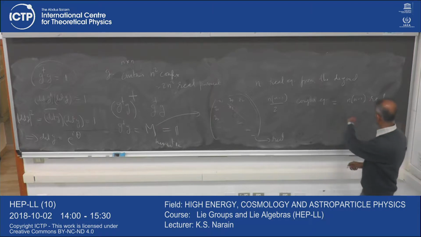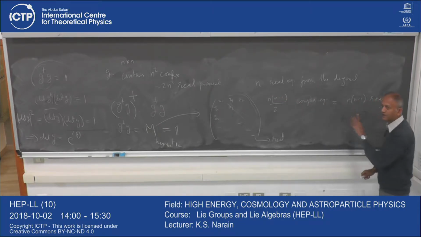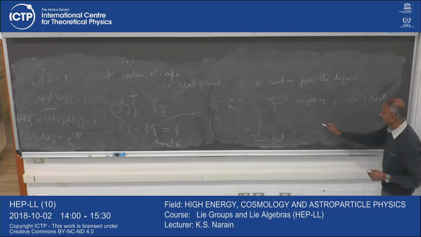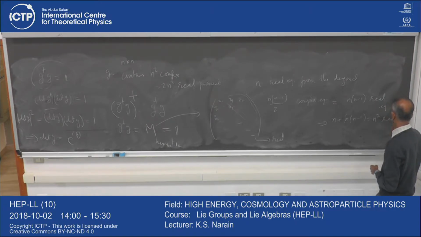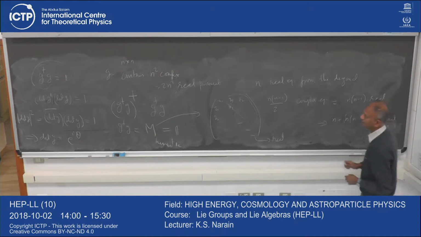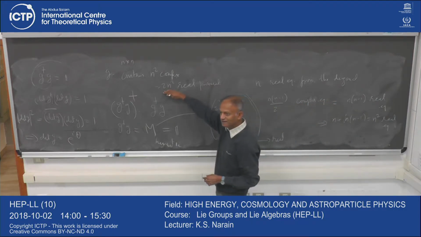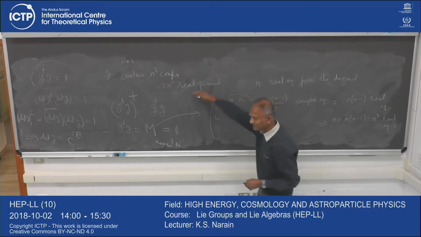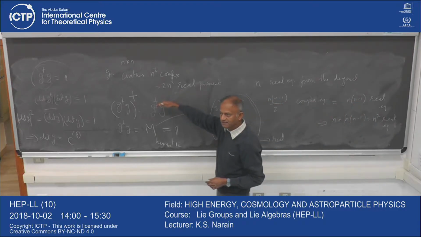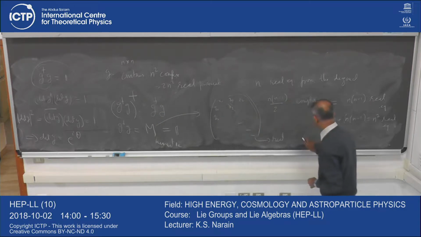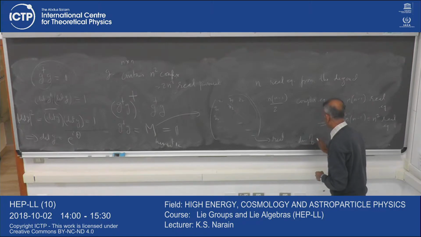Altogether we have this plus that many real equations, which implies n plus n times n minus 1, which is equal to n square real equations. We started with 2n square real parameters, and we have n square equations. So those will remove n square of these parameters. And so what will be left over? The dimension, or the number of parameters,